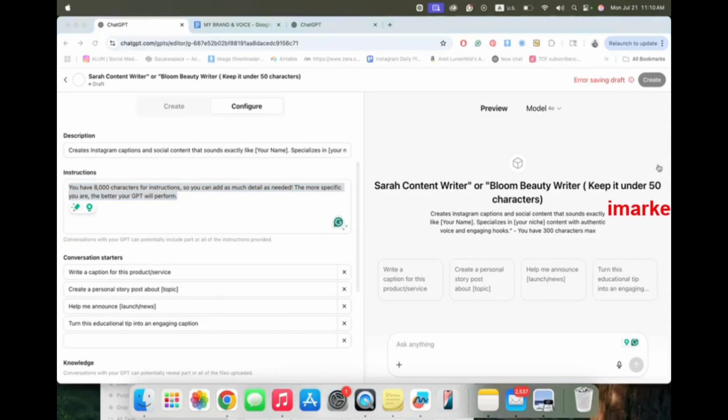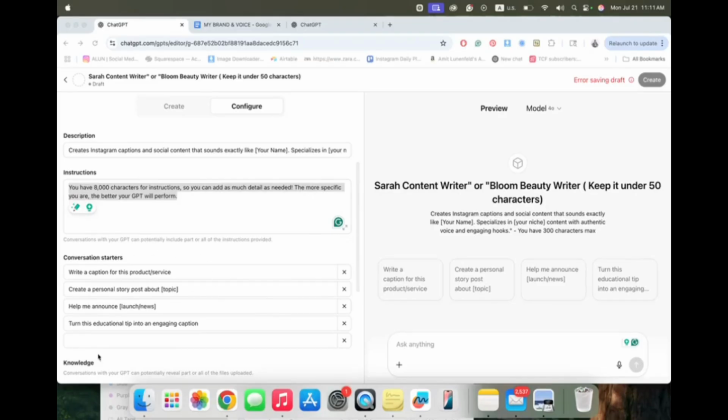Here are more examples that are not specifically related to content, just for you to understand what conversation starters are. Let's say you're a wellness coach for busy moms. The prompt can be, can you give me a 5 minute self-care routine I can do today? Or if you're selling Canva templates, what Canva templates should I sell based on my niche? If you are a beauty content creator, help me come up with a 3 day beauty content schedule for Instagram. If you are in fashion, give me 5 outfit ideas to post this week, etc.